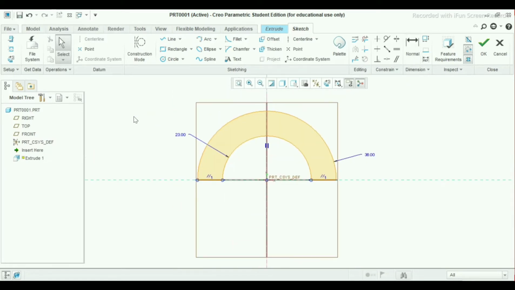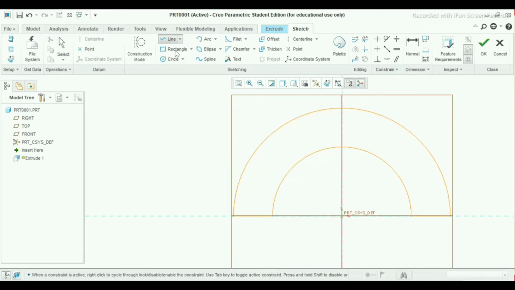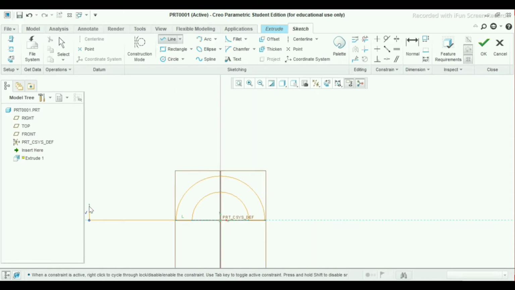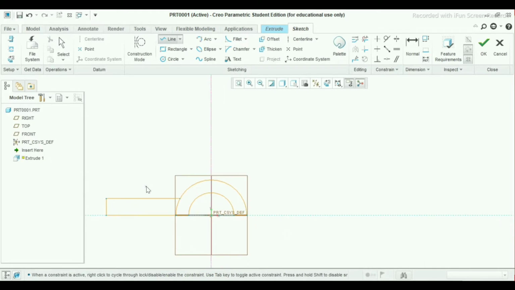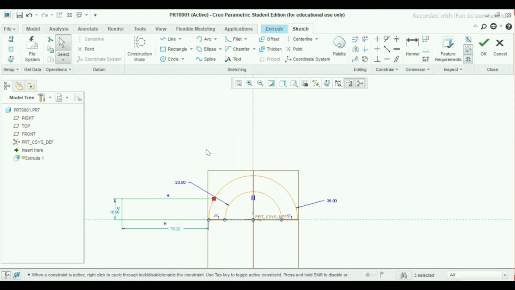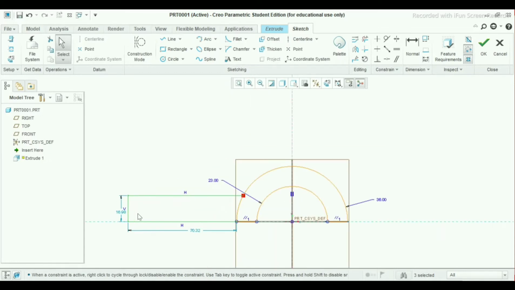Now again go to the line command, draw lines here. Make the dimension 11 mm.